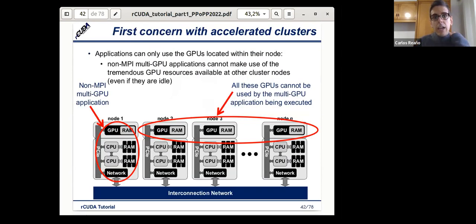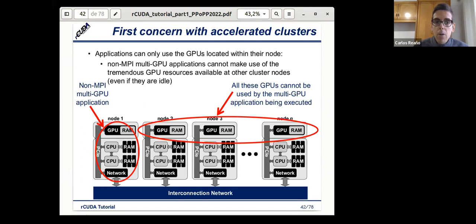So we can see here that if we don't have anything, hardware or software, addressing this problem, and if only the CPUs in node 1 can use the GPU in node 1, then if we are running a regular CPU application in node 1, let's say, and this application is not using the GPU, the GPU will be idle.